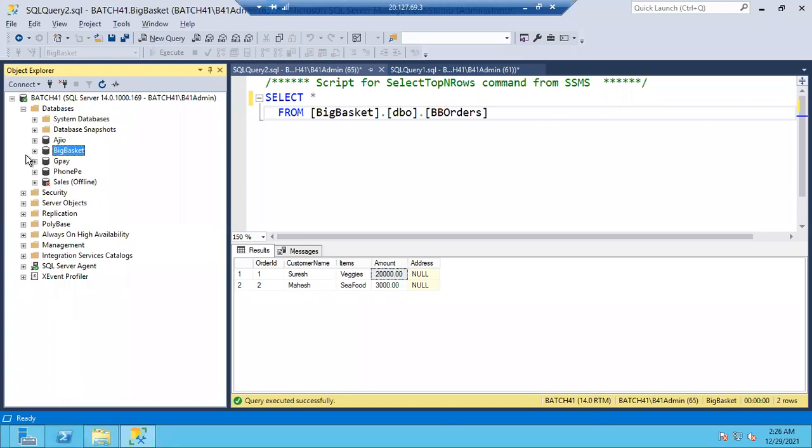We can complete SQL Server in 15 days, in 1 month, in 2 months, in 1 year also. But the thing is, you have to explore. As a trainer, I cannot touch all the things, but as a student it's your responsibility to learn all the things. If you have free time, explore how to do this, why we can't do it this way or that way. You will learn a lot of things.